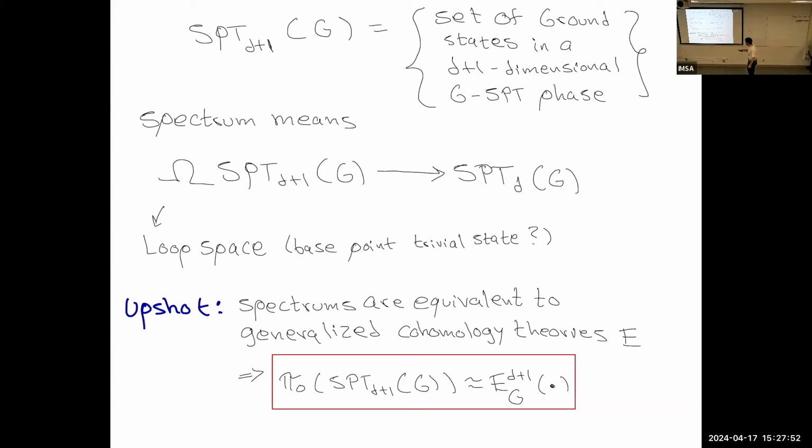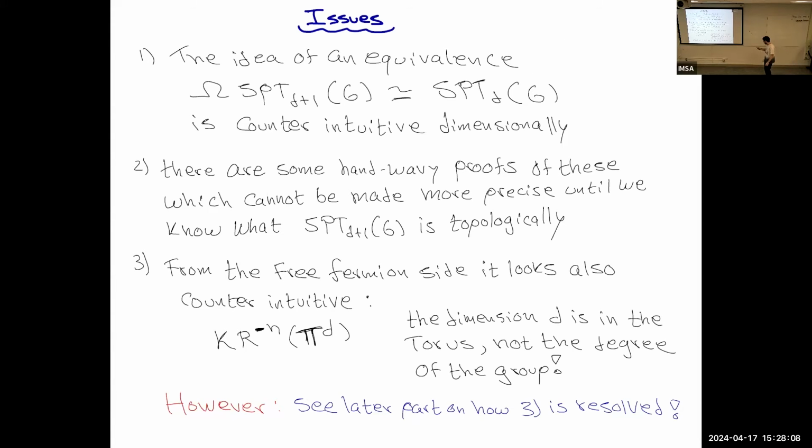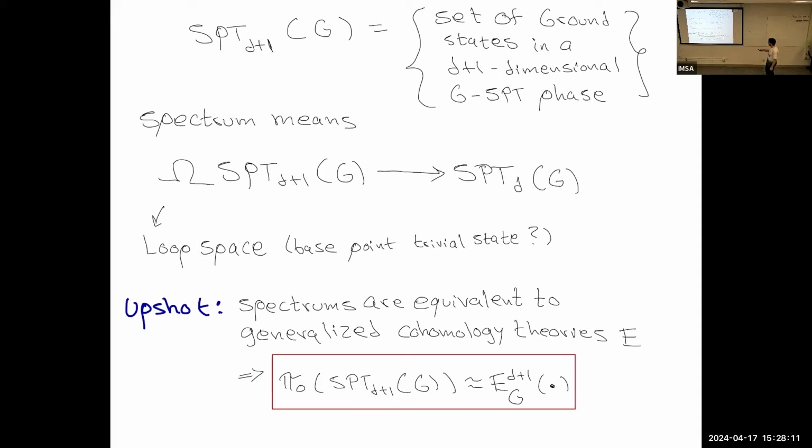And what is the upshot of doing that? Well, the upshot is that I can compute the set of phases. If I want to look at the different phases and I move some parameter, this would be like the components of my space. Well, that's equivalent to computing this generalized cohomology theory. This is easy to define, but hard to compute. That is much harder to define in some sense, but it's much easier to compute once you have the techniques.